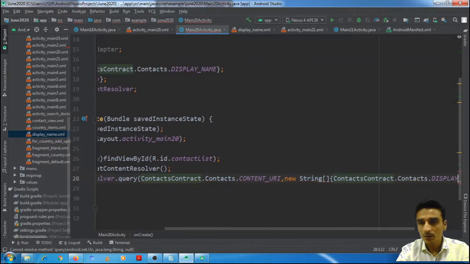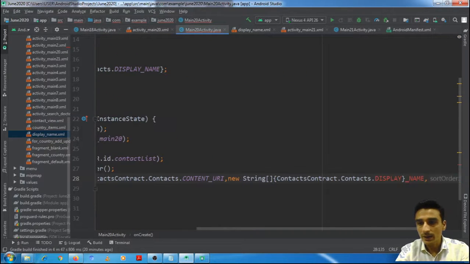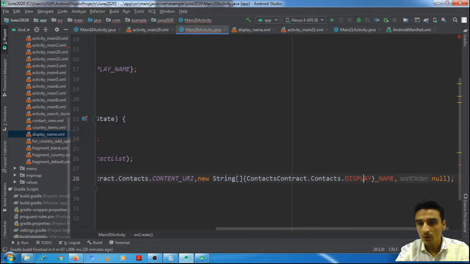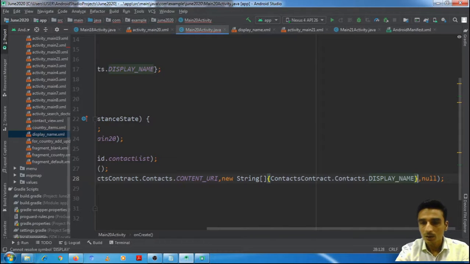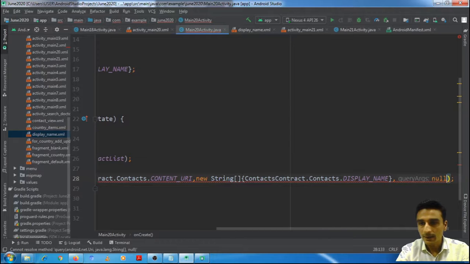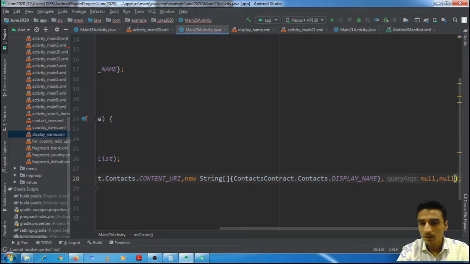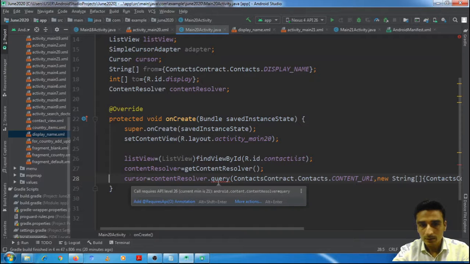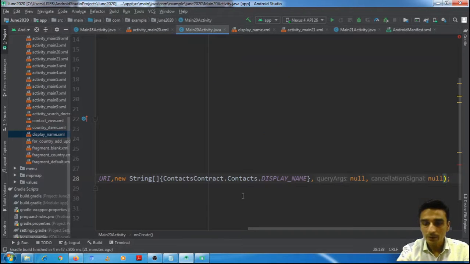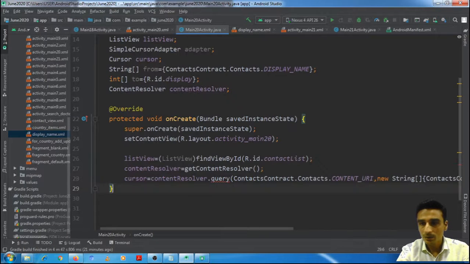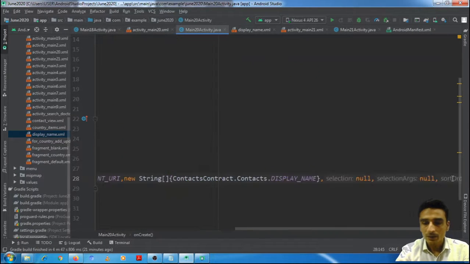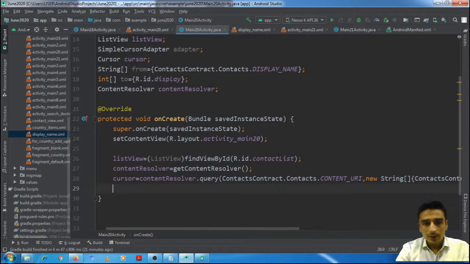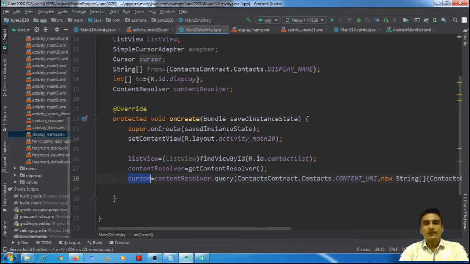This argument, the list of columns, is to be an array. And yeah, null. Again, one more argument, null, is to be passed. Now the records will be available in this cursor.